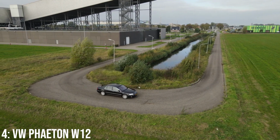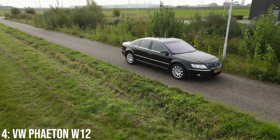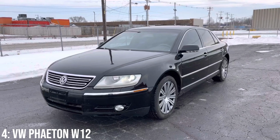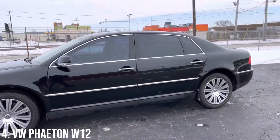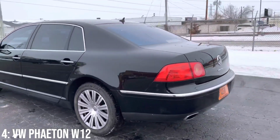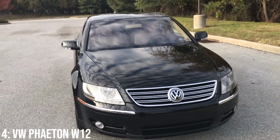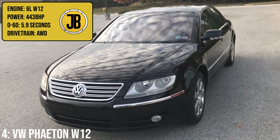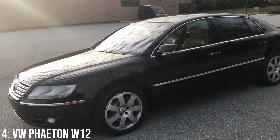I really do like the Phaeton. It's a lovely car with a top speed of 186 miles per hour without a limiter and some of the most technologically advanced features of any car of its time, including perfect climate control, adaptive air suspension with continuous damping control, radar adaptive cruise control, and an actual computer on board which you can use with internet, which was sublime for 2002. When you then add on that insane engine, a 6-litre W12 block that produces 443 brake horsepower, taking it to 60 in 5.9 seconds, it really is a cool car and not bad for what is effectively a